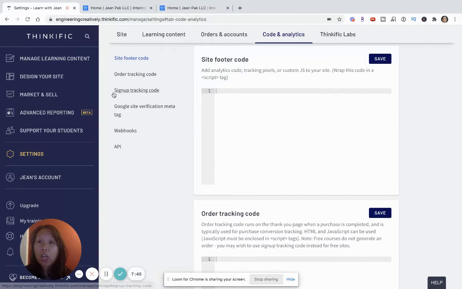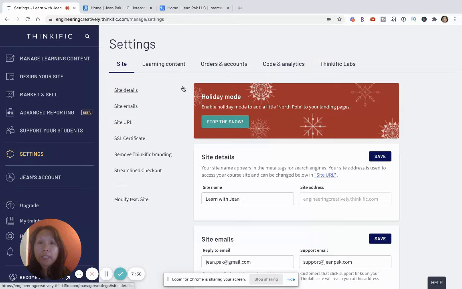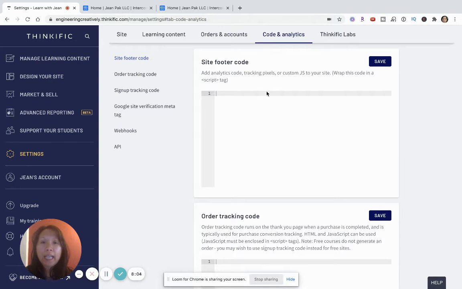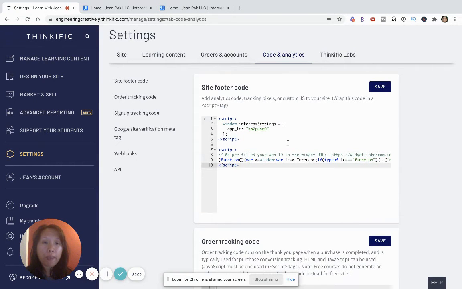I am here logged into my partner account. And then I want to click on settings. And then once I click on settings, I want to go into my different tabs and look specifically for the code and analytics tab. Now, this is where you want to paste any specific custom code and add it and tweak your Thinkific site. So the great thing is, now that I've copied my code from Intercom, all I have to do now is paste it. And then as long as I've pasted it, I click save,